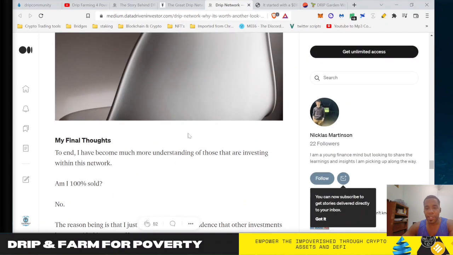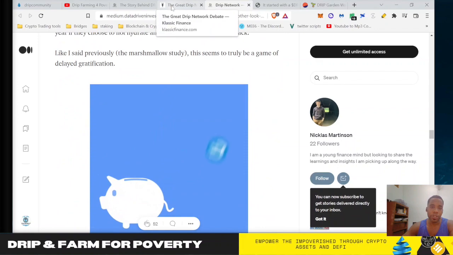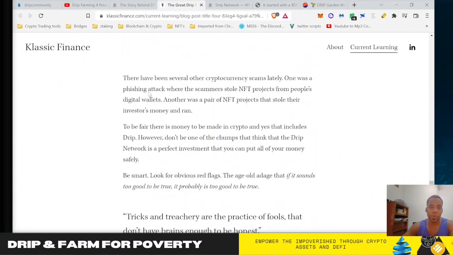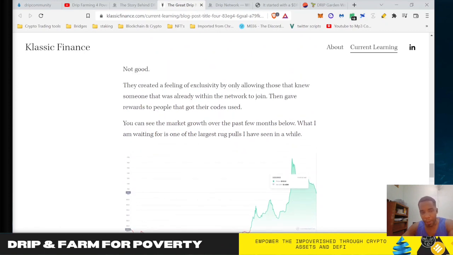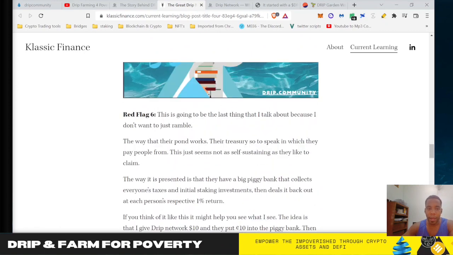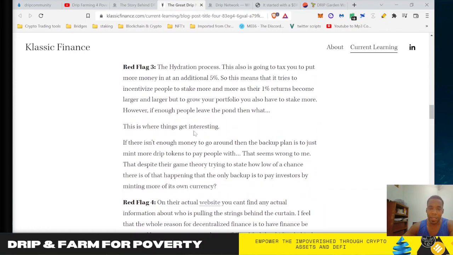But the point of this article for me is that a lot of people, when they first get turned on to drip, are in this case here with lots of red flags and uncertainty, looking at the chart. You hear the MLM, pyramid scheme, all these things come out. And it's not until you dig in where you start to understand it. I believe that is holding a lot of people back. I've tried to explain this to some people. I see even other YouTubers originally bash the project and then get bullish on it. So there definitely needs to be some more clarity.